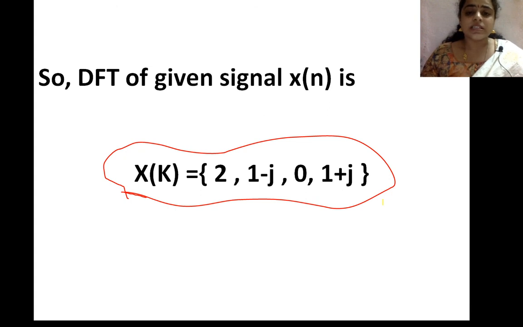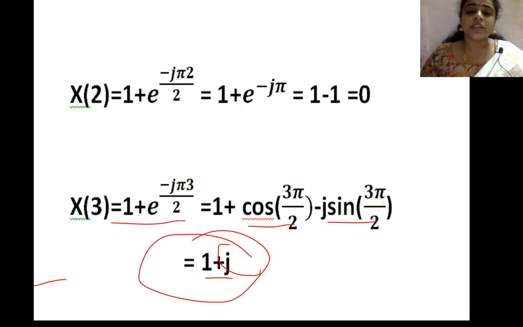So finally, this is the representation. If they ask for a magnitude plot or phase plot, then you have to represent these values in polar form. Polar form means just go to your calculator and change this 1 plus j into polar form. In this way we can do problems on DFT. It is the same way for IDFT: just write down the IDFT formula and substitute all the values, and you can find the IDFT also.